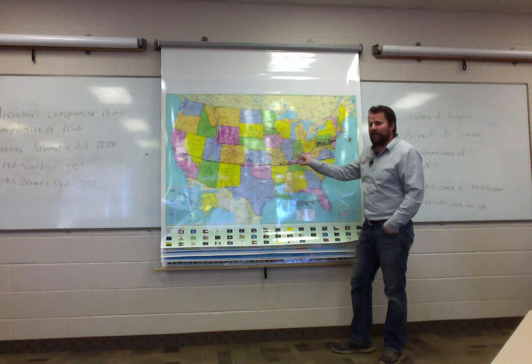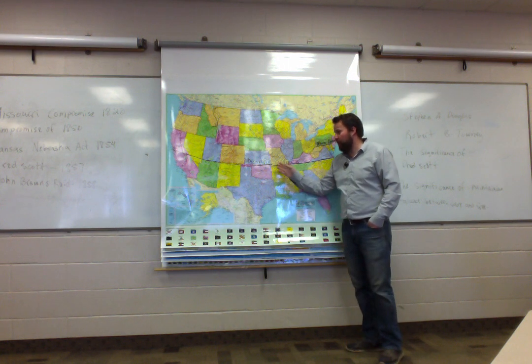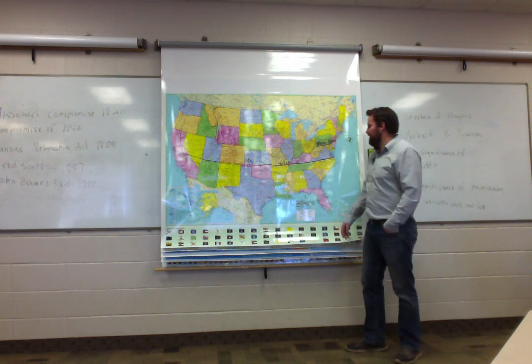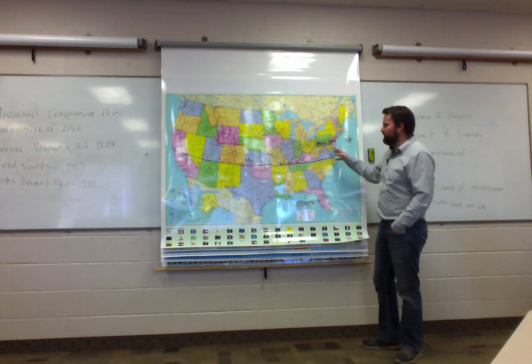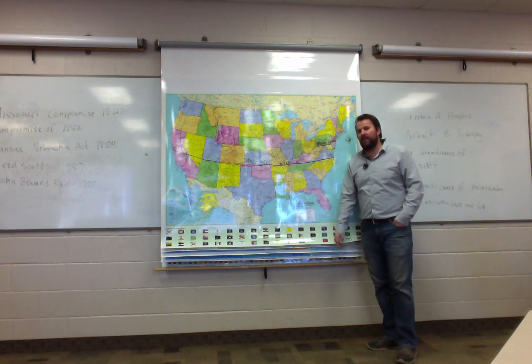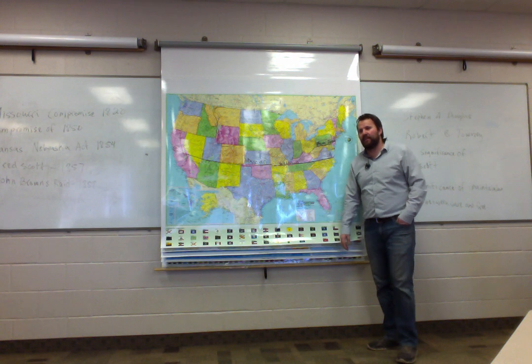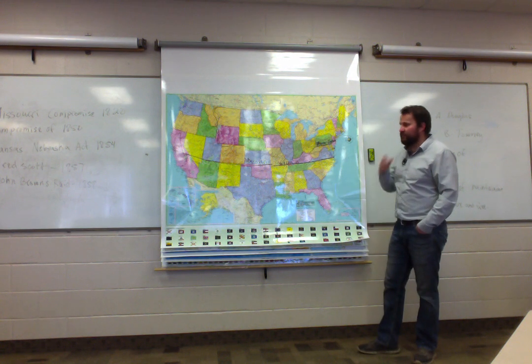Missouri comes in as a slave state. And as you'll notice, Missouri is all above this 36th 30th parallel. However, so are Virginia and Maryland. Now, the other thing that this did, was it in 1850? Was that the compromise? Oh, never mind. The Compromise of 1850 did what I'm talking about.